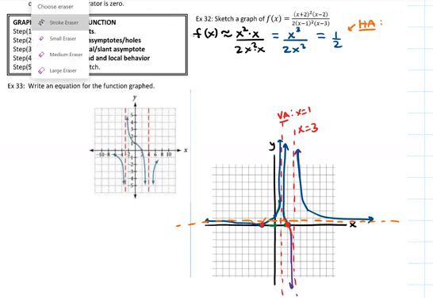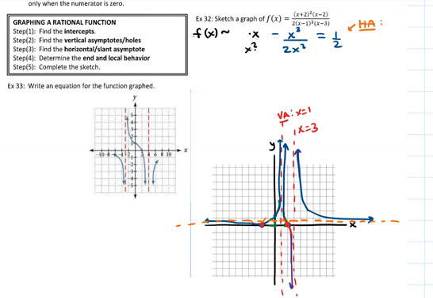The leading terms are going to be found by just taking the leading part of each factor, the x part of each factor. And it actually ends up becoming that we focus on this part. And remember, with the horizontal asymptote, you compare the degree of the numerator with the degree of